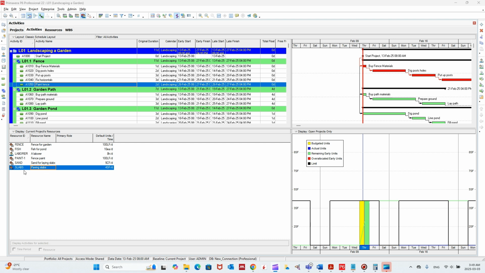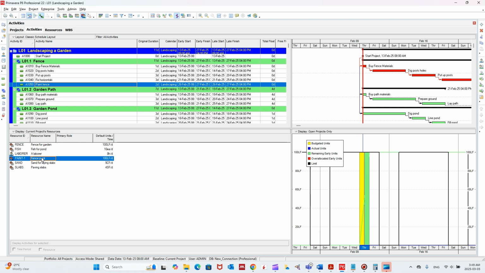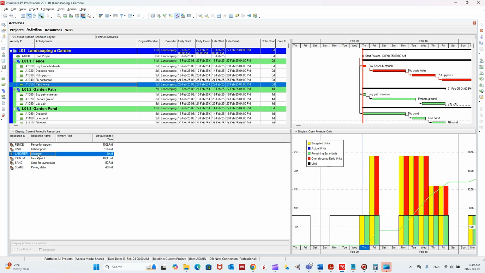So you're going to see paving slabs, or the resource slabs, and then the sand, paint, and this one is a tricky one, the labor resource, because the labor was assigned to many activities. As you see here, this red one means over allocated units. That means because we made the maximum limit to be 8,